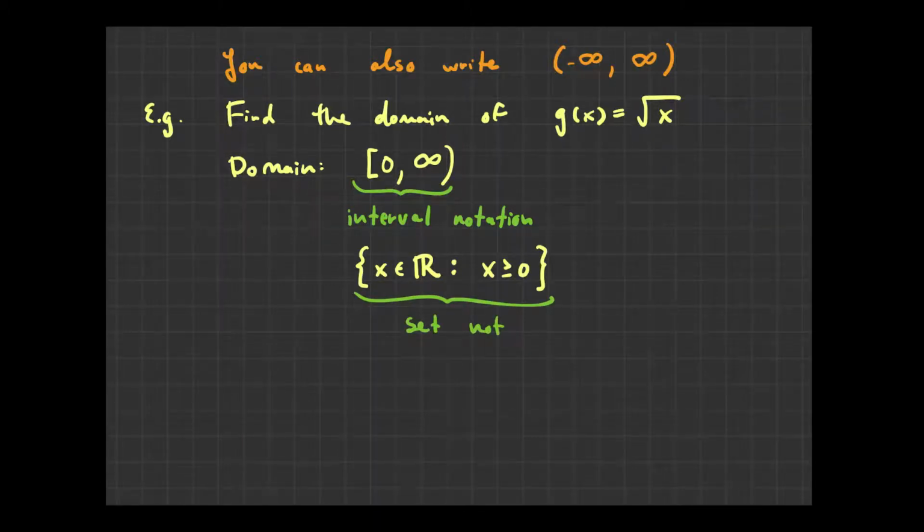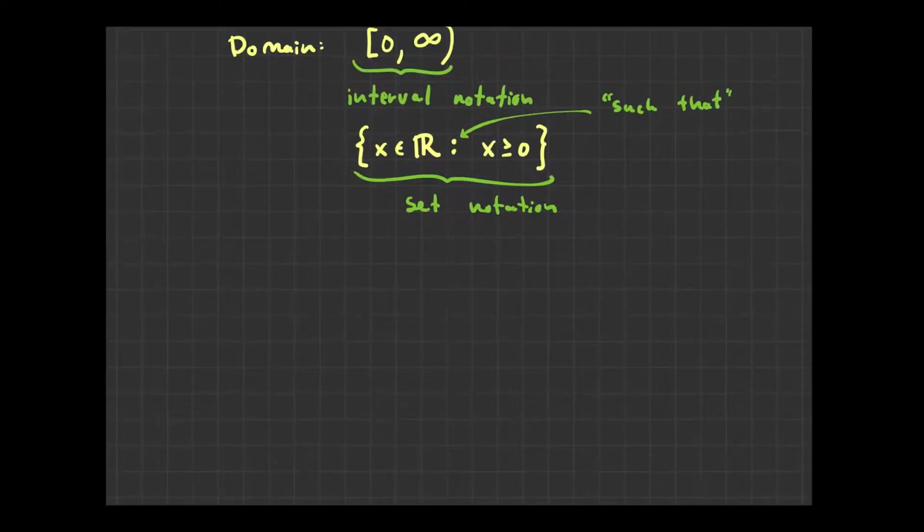So these colons here mean such that. We're clarifying: we're talking about real numbers, but not all real numbers, so it's all real numbers such that x is greater than or equal to 0. So that's how we would write that domain. Another one that we should be aware of is